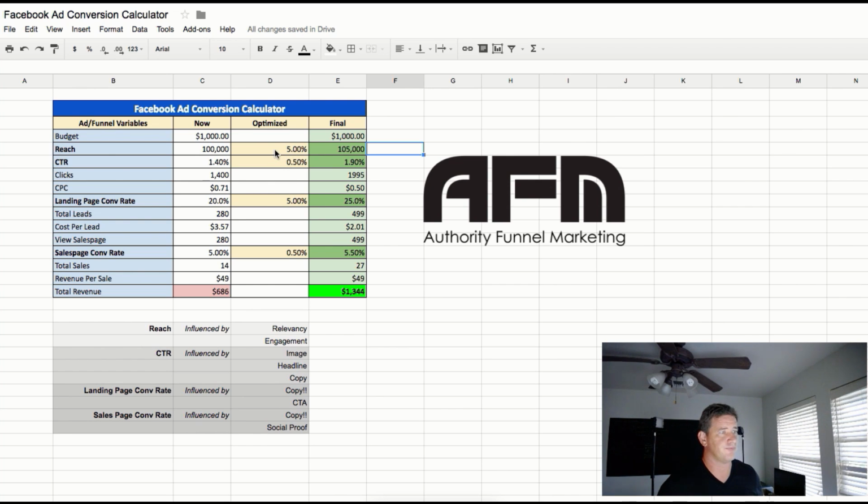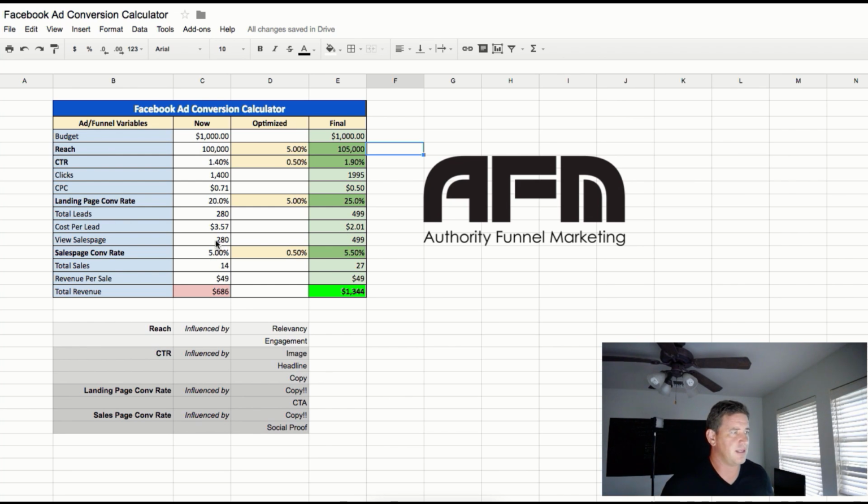These are just grunting it out kind of improvements, just hard work, doing the dirty work, and none of it's very difficult. It just takes effort and a system. Okay, so that's a huge difference, and I'm going to show you why it's a huge difference down below. So if we have 280 total opt-ins on the left, our cost per lead is $3.57, which is really nothing to write home about. If we make those improvements on the right, we get to a $2.01 cost per lead.